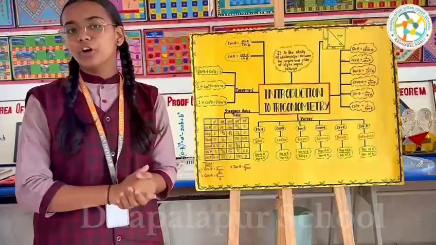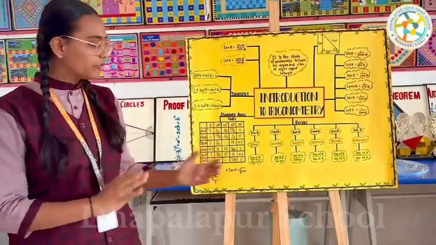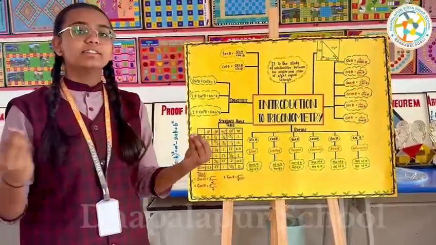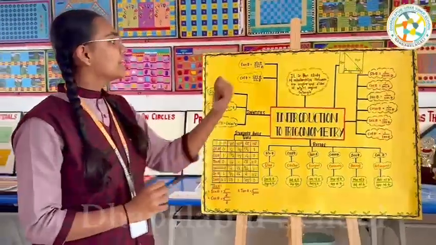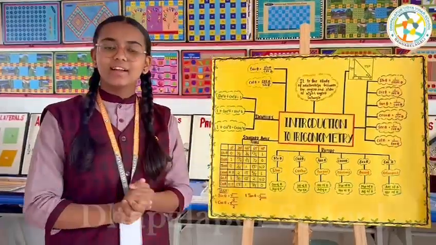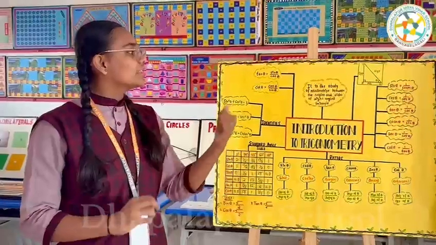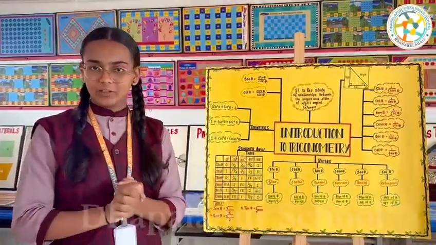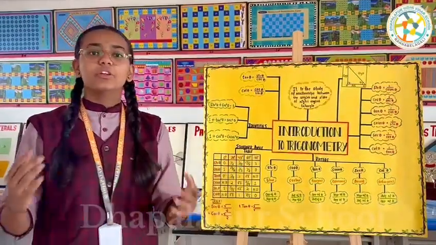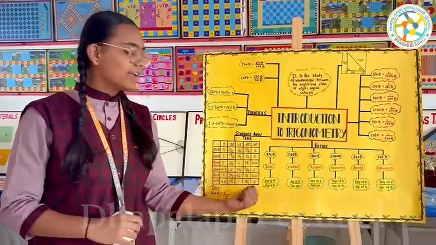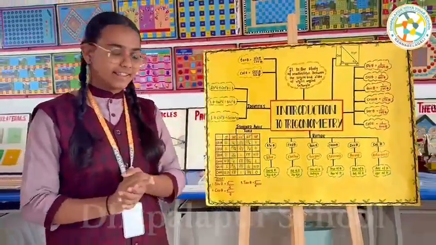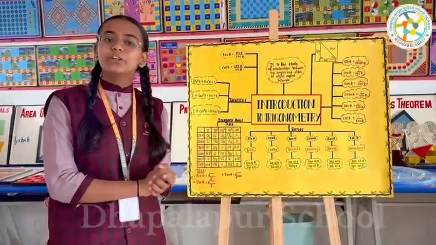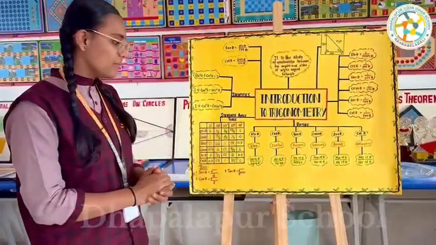We have two formulas that we are going to learn before this. That is expressing tan and cot theta in terms of sin and cos theta. Tan theta is equal to sin theta divided by cos theta. Cot theta is equal to cos theta divided by sin theta. Therefore, you may know now that in the numerator, under the root, we are going to substitute the value of sin theta, and in the denominator, we are going to substitute the value of cos theta.